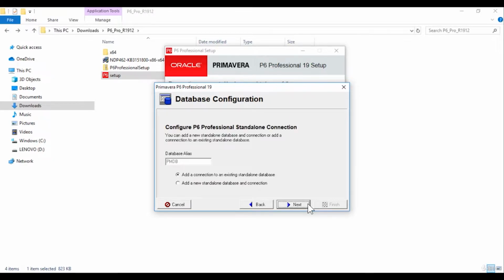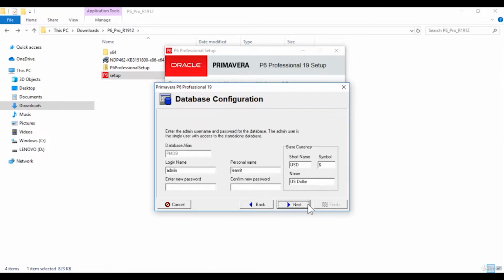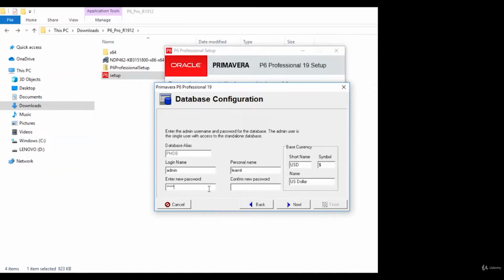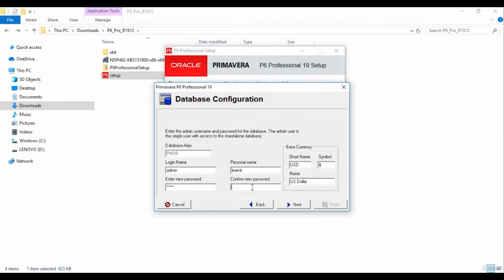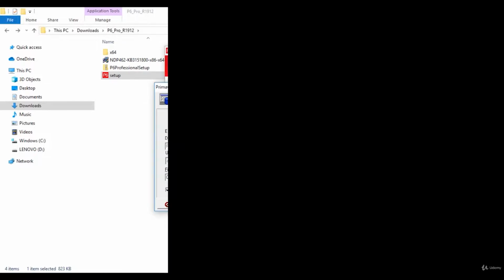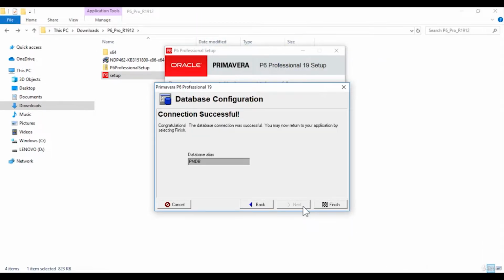Then click Next. Please note that since we will be adding the standalone database on our laptop, I will select the radio button, add a new standalone database and connection. Then I will click the Next button. I will type and confirm my password. Then I will click Next